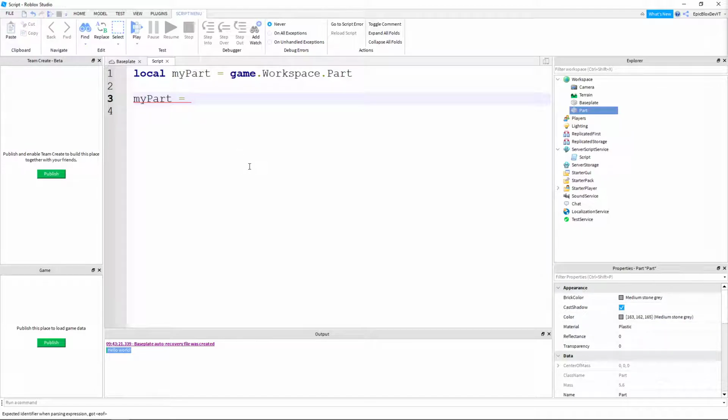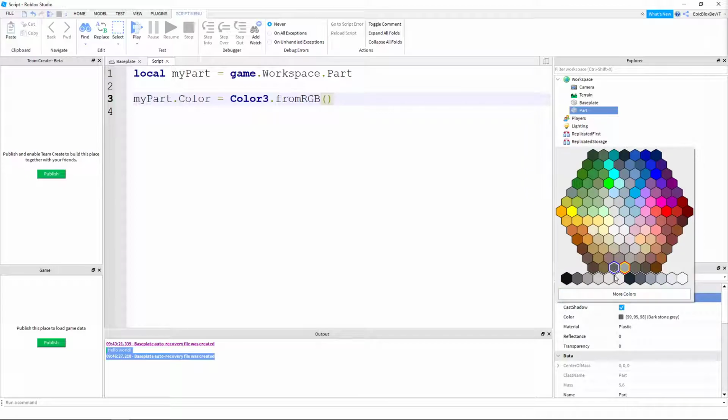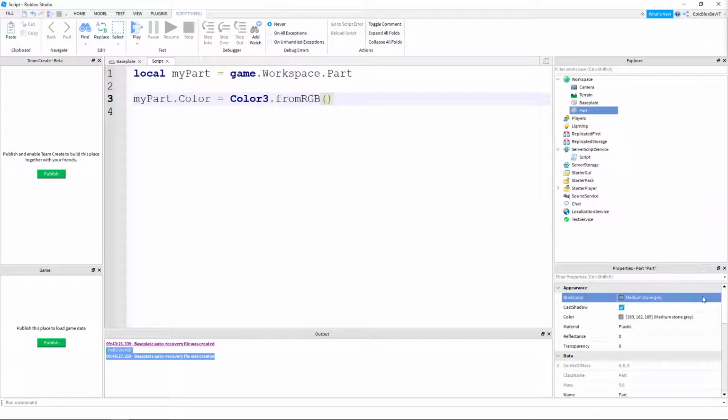So let's start with the color. So my part equals, well, that's not going to work. I've got to tell it what I want to change. So my part dot color equals, and I'm going to use this Color3, and if you put a dot, you get to choose from RGB. And so RGB is basically your computer code for a color. So I'm just trying to show you an example. More colors. Okay, so